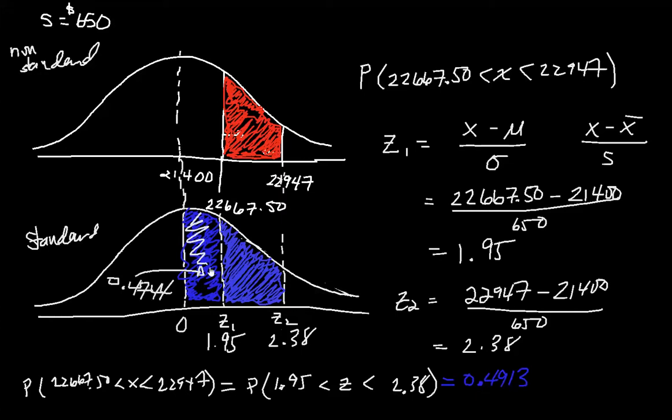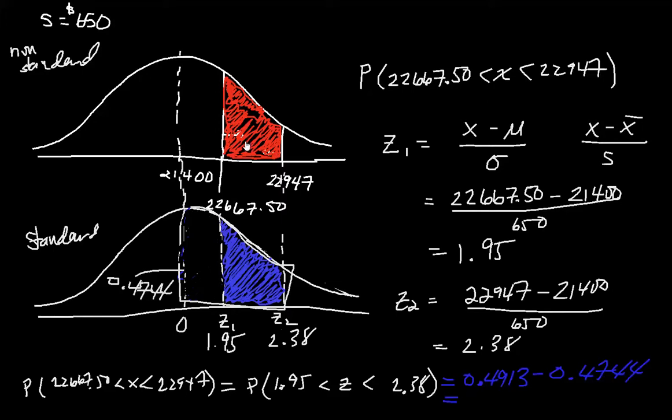So if I have this total blue area as 4913 and I subtract 4744, I'll just erase it. Basically, when you subtract, you're erasing it. As you can see, I've erased the first darker blue area, which is 0.4744. What we're left with when you subtract that away is just the lighter blue area, which corresponds to